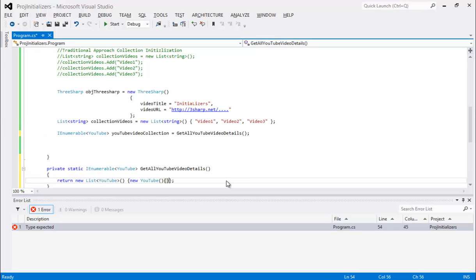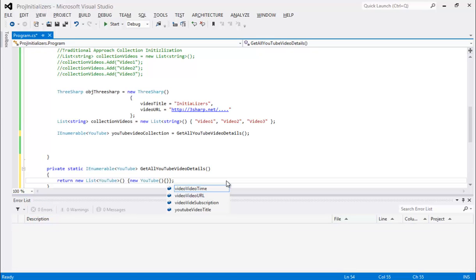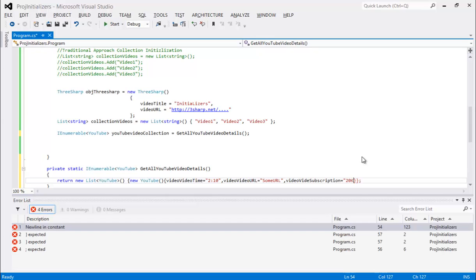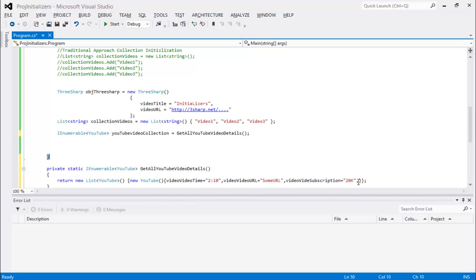So we set video time equal to 10, comma, video URL equal to some URL. And what's next? Video subscription equal to 20k. And what else do we need to initialize? YouTube video title equal to